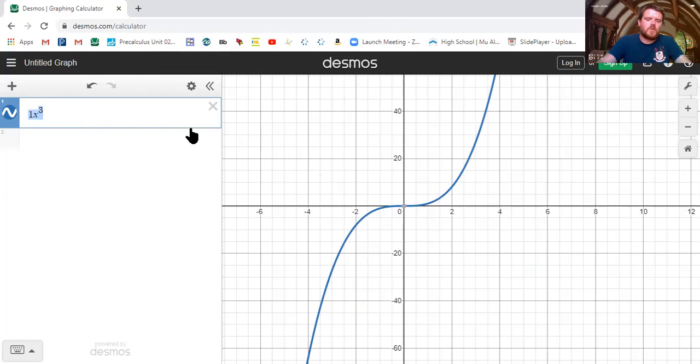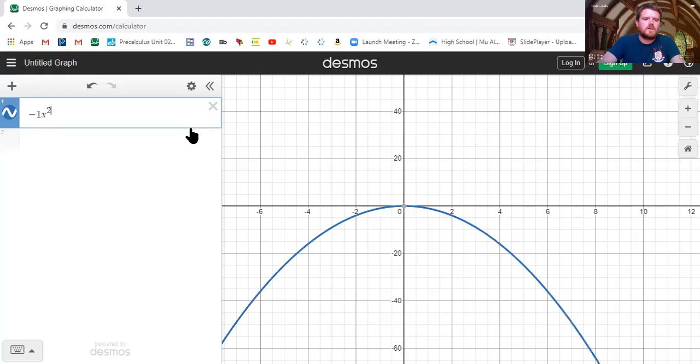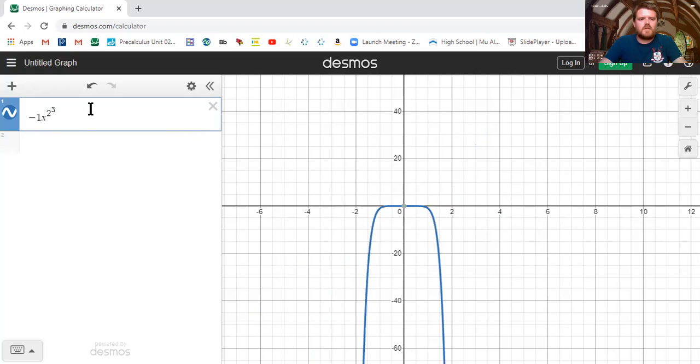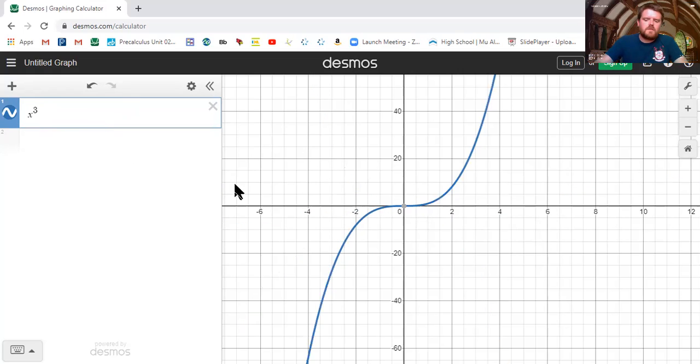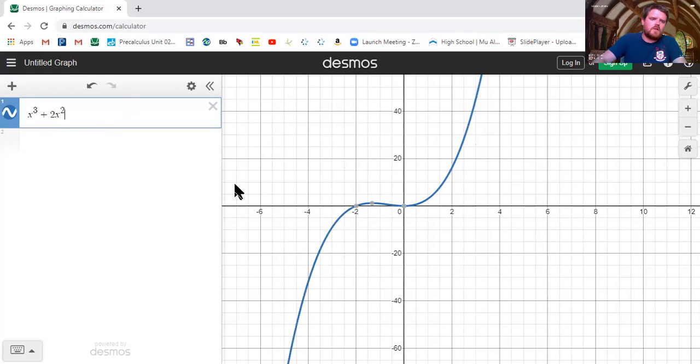And just as we mentioned in 2.3, when I have a negative leading coefficient, it's going to flip the graph upside down, which means that for an even function, if my exponent is even and my leading coefficient is negative, then it's going to be falling to the left and falling to the right. And if I have an odd function and a negative leading coefficient, then it's going to be rising to the left and falling to the right. Those are one of the key features we want to be familiar with. Another, and let's